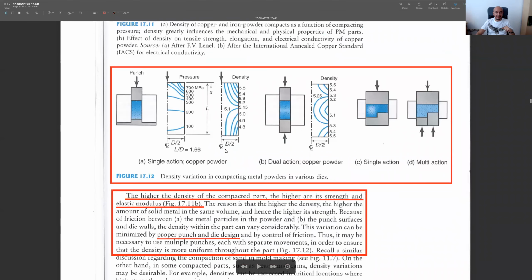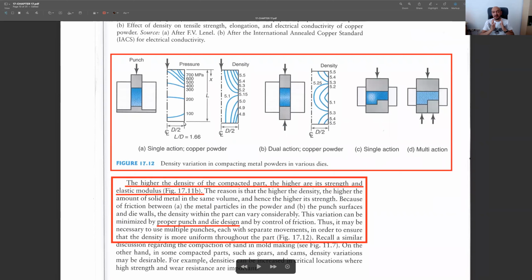And we have another issue regarding this compaction. It's better that we do it as uniformly as possible. If you look at this case here and have a single punch and apply this punch from above, what will happen? You'll have different densities. You see, toward the bottom part, the density is decreased. But if you use a dual action, this time you have similar densities at the bottom and at the upper portion, but lower densities at the intermediate region. And for complicated shapes, obviously, one or two punches may not be enough. You may need to use extra punches, like in this case, called